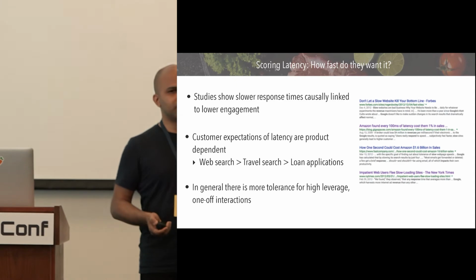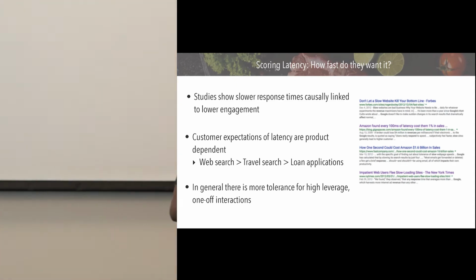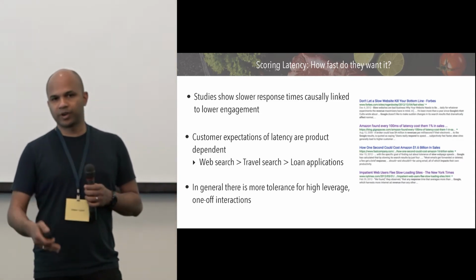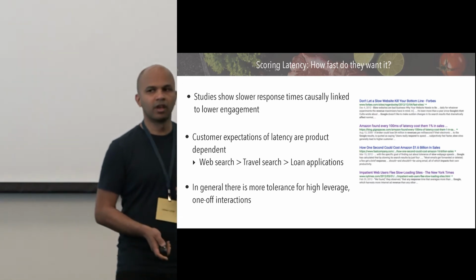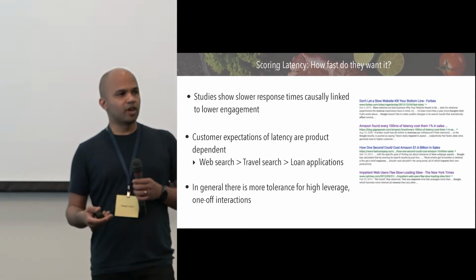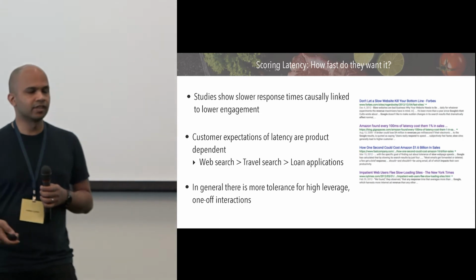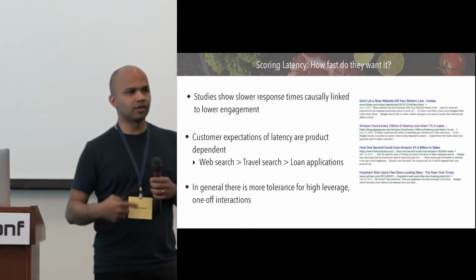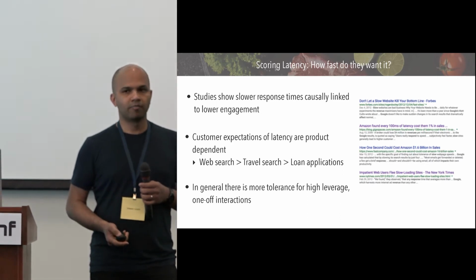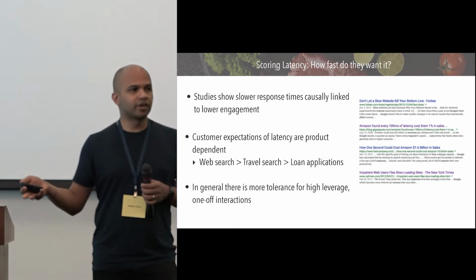But there are other places, let's say evaluating loan applications, where it might take even more. You may wait half a minute before you're told, okay, this is your interest rate, you're accepted or otherwise, right? So in general, what we've seen is that if there is a high payoff and a one-off interaction, then you can afford more delays, compared to several page loads before you do something. So building a cart has to be really fast, right? So that's the latency aspect. The second thing is